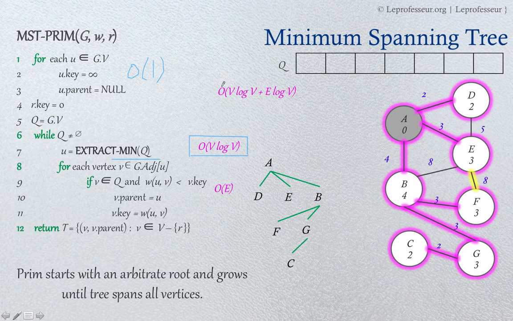Now you can solve this equation, O(V log V + E log V), which turns out to be O(E log V). So that is the asymptotic time complexity of Prim's algorithm